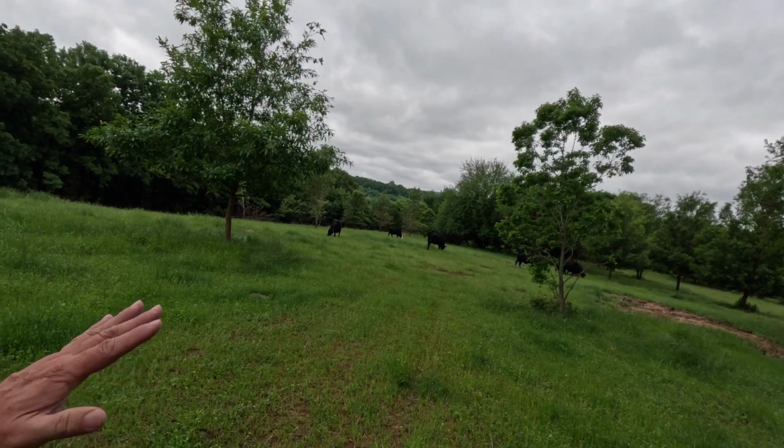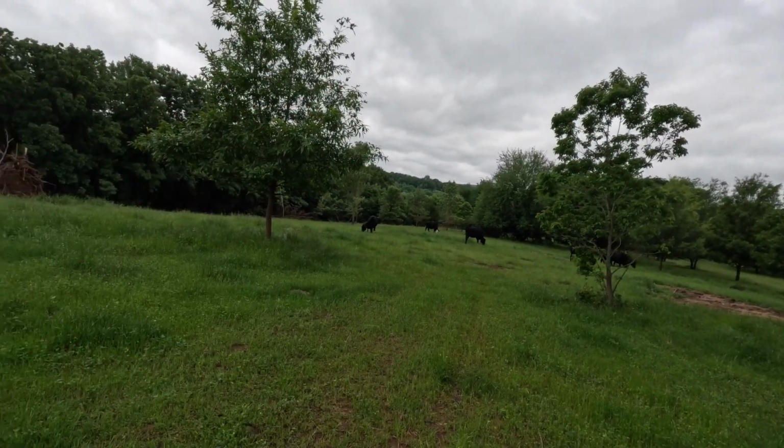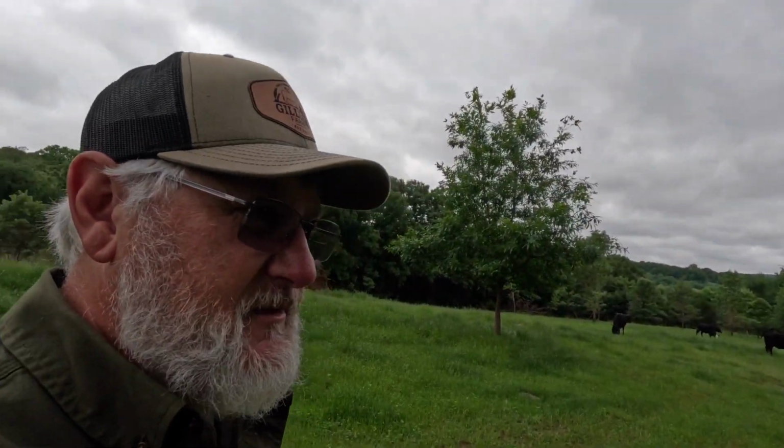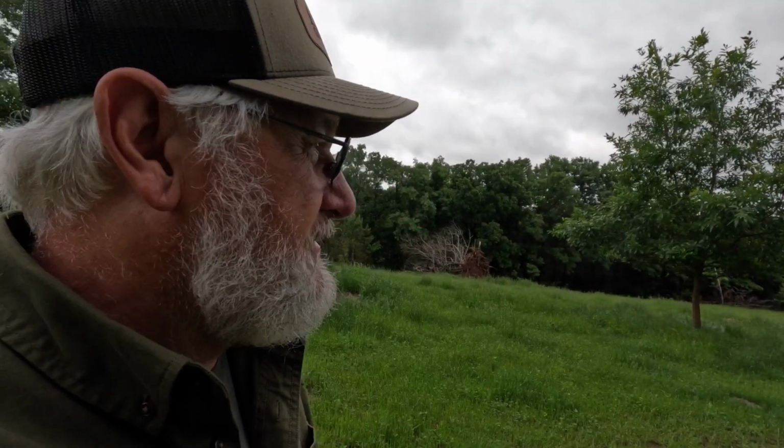Basically, it's stuff that they baled out of bar ditches and stuff like that. It came with Bud Light cans and all the paper that gets thrown out on the side of the road as well. But anyway, I didn't have any of that. We were blessed to have some hay last year, and I was able to pass on a few bales to some other people. I've still got a few bales, and every once in a while somebody calls me up, needs a bale, and I've got a bale for them. But anyway,